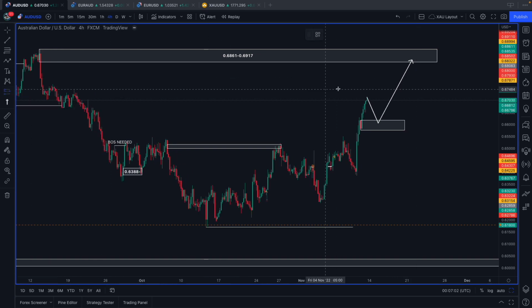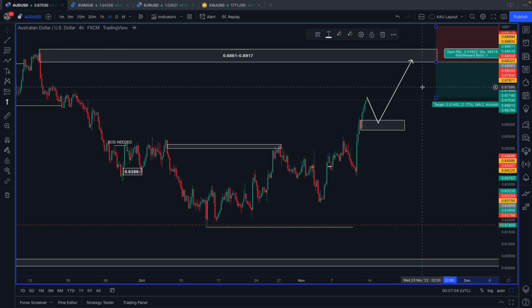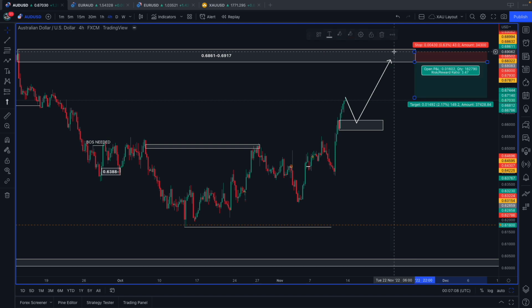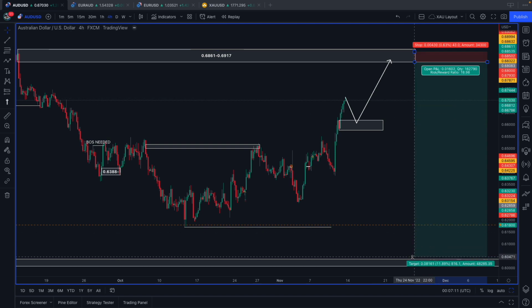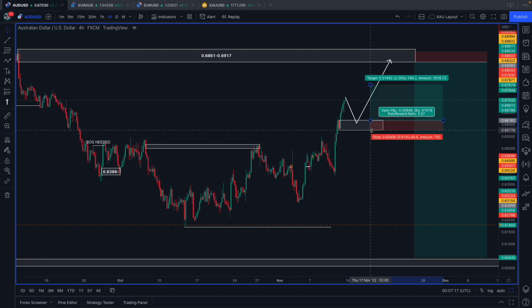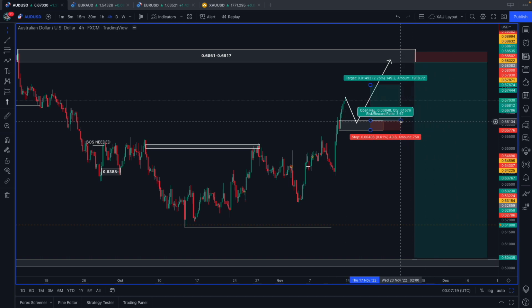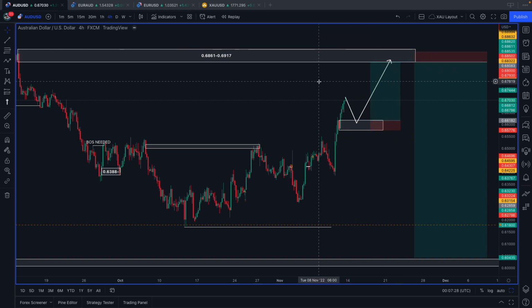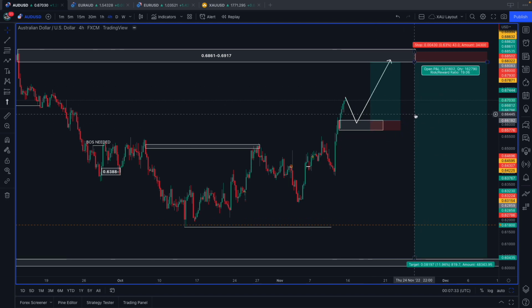So this is what my future positions would look like. Something like this. My stop loss just above the structural high that is created. Take profit down at this swing low here. And then we can also look at getting involved in those buys before the sells. Again, stop loss below the structural low that is created, the trough that is created, take profit set at this point of interest on the higher time frames. Perfect. So there's two positions there that we can look to get involved in because we know exactly what the market is going to do.